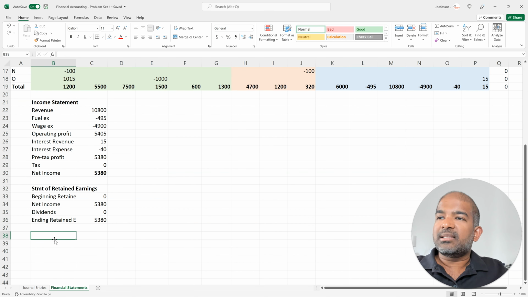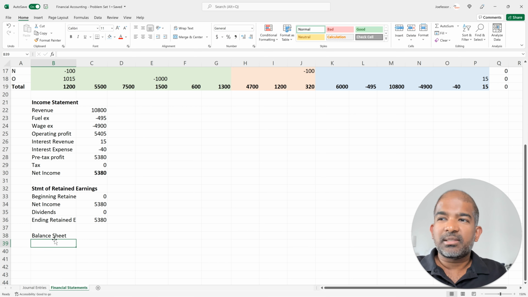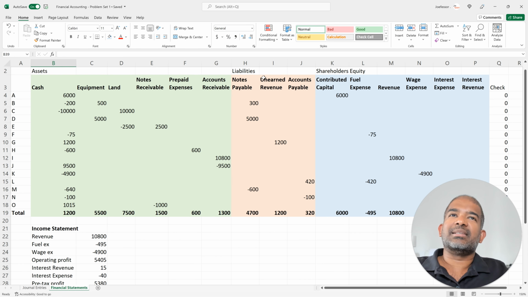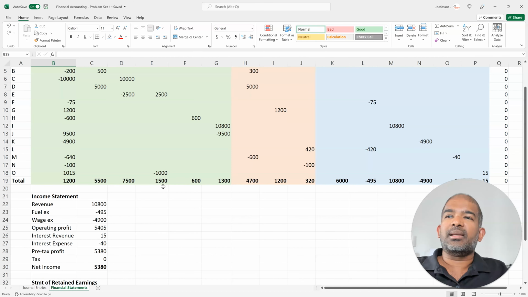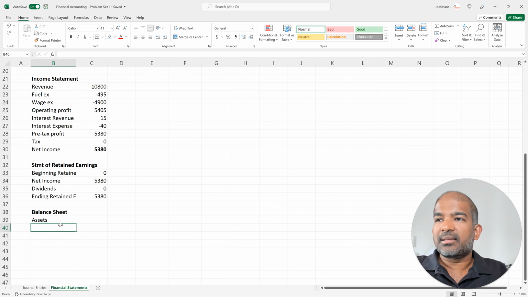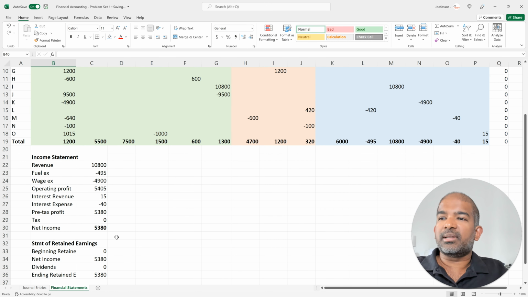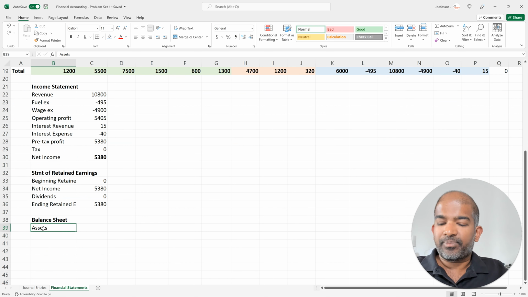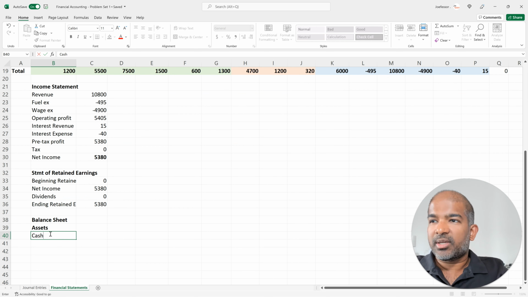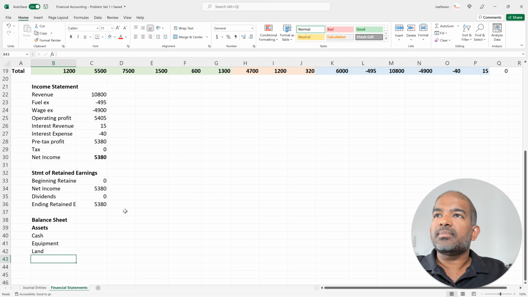The next statement we create is the balance sheet. Now our task becomes a little bit easier, because we've already arranged that in the order of assets, liabilities, and shareholders' equity in the tally we created above. So we're going to start with assets. All our assets are cash, equipment, land, notes receivable. So we're going to take down our assets there. So we have our cash, equipment, land, notes receivable,